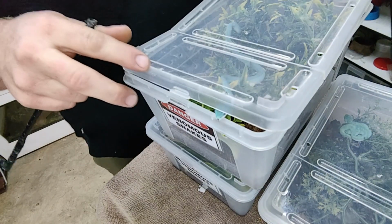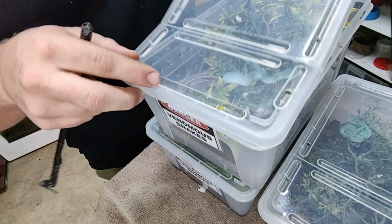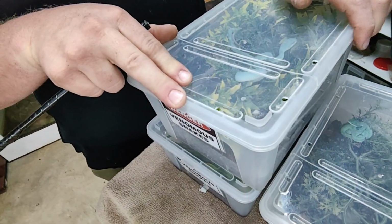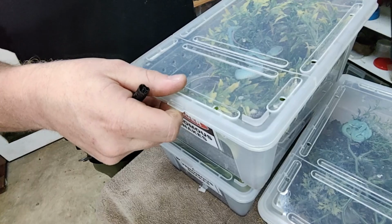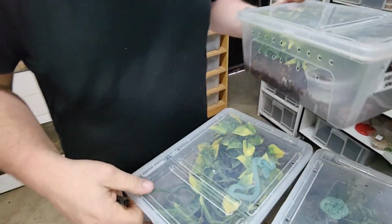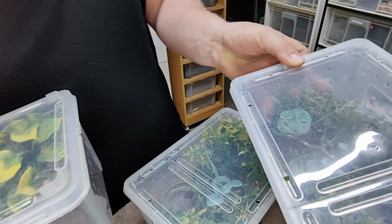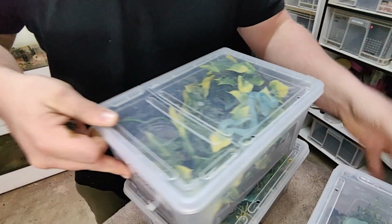So let me show you some more references and examples. Let me just see which way is the right way. As I did mention previously in one of these videos where I covered these tubs, you need to make sure that they close the right way around, because otherwise, man, it can be quite. Oh no, sorry, that's actually my male. This is the male that I'm looking after for Bryce, or the female. I haven't actually checked, but